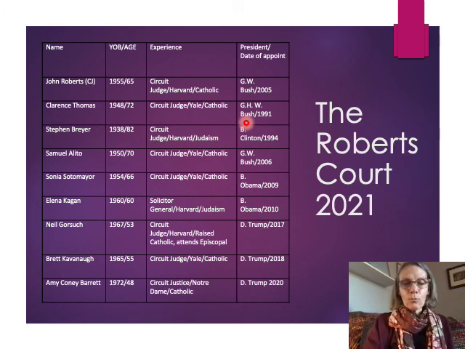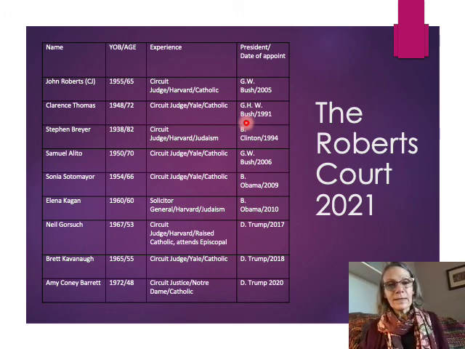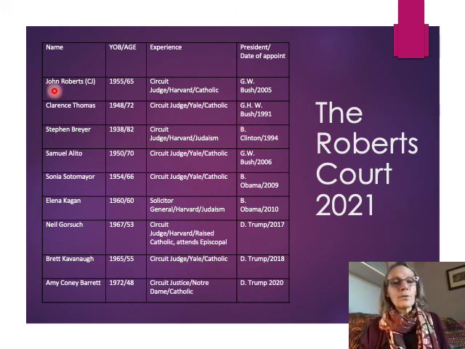The Chief Justice has more power than the associate justices, but Thomas has served on the court the longest, since 1991. The Chief Justice does not have to be selected from the associate justices; Roberts was appointed to the Supreme Court as Chief Justice of the United States. But other Chief Justices have been moved up from their associate's position. And then this just sort of shows you the breakdown. So I encourage you to take a look at this because it'll give you some more information about the court.